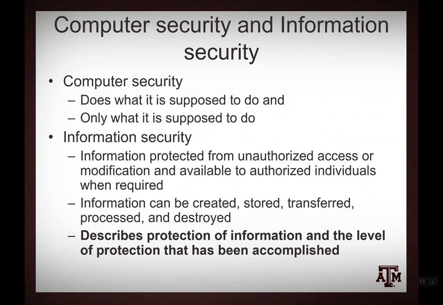And as I said before, a lot of times we talk about information security, and I've highlighted a point here. Information is protected from unauthorized access, okay, but we also need to describe the protection of information and the level of protection that has been accomplished. Are we using encryption? What level of encryption are we using? If we're protecting data, how are we protecting the backups? If we are protecting information, how are we protecting the access? How are we setting those access up? Is it based on an individual? Is it based on the role that individual has? And the like. So when we talk about this, keep that in mind.